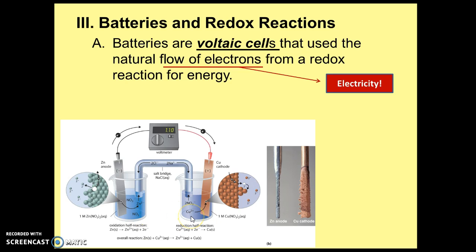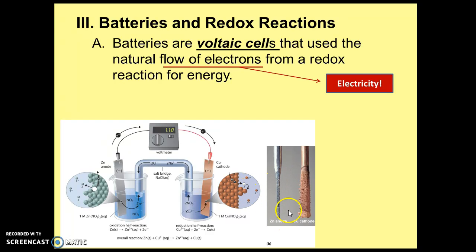So we have a copper solution here, and we have a copper electrode, and then we have a zinc solution and a zinc electrode. So the zinc is going to be oxidized, so it's giving up its electrons and it's going into solution. So if we look, the electrons are going to travel through, and that's where we get this voltmeter measuring the electricity. And here the copper is going to be reduced, so it's going to receive those electrons